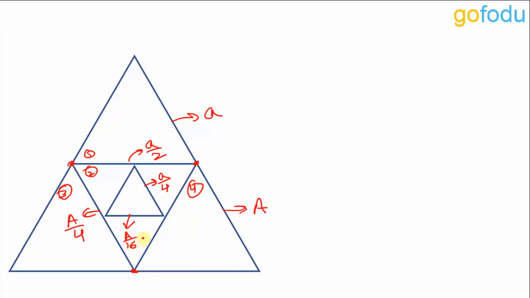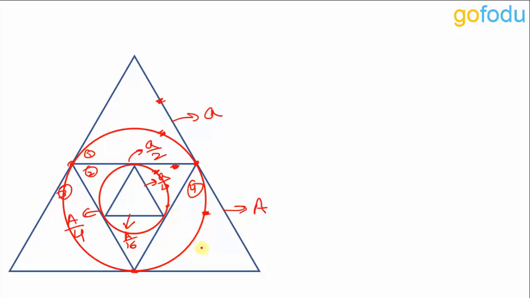Okay. Now even if circles are drawn in this figure, the relation between these triangles won't change. And also if this triangle and this circle are one unit, and this triangle and this circle are one unit, in going from this outer unit to inner unit, the area is getting 1/4, right? The area is getting 1/4. So area of this inner circle will be 1/4 of that of this outer circle.